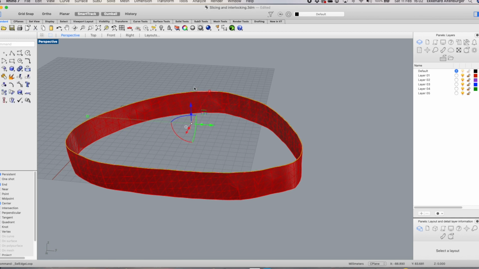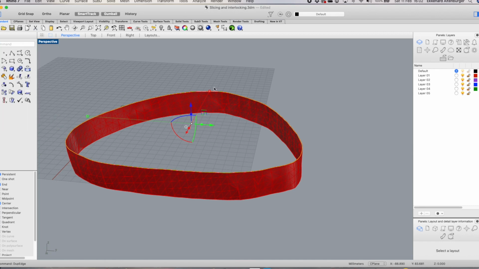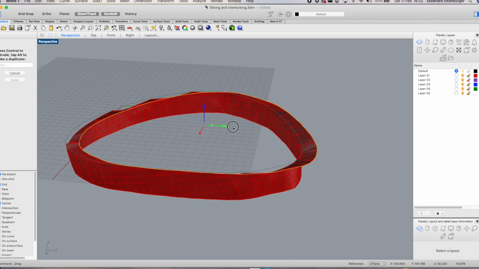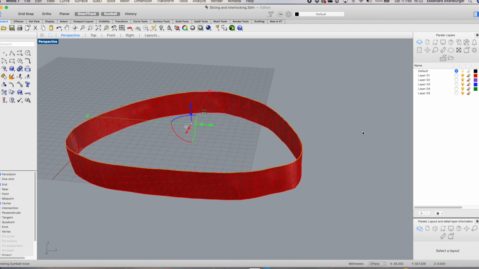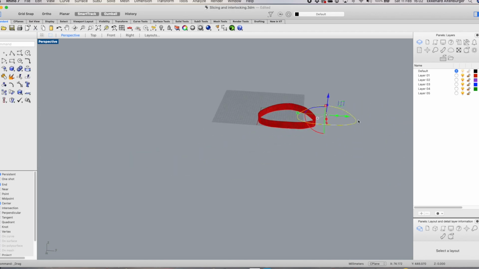Done. Now I duplicate, dupe edge, and now I copy and paste this, and now I have this one,